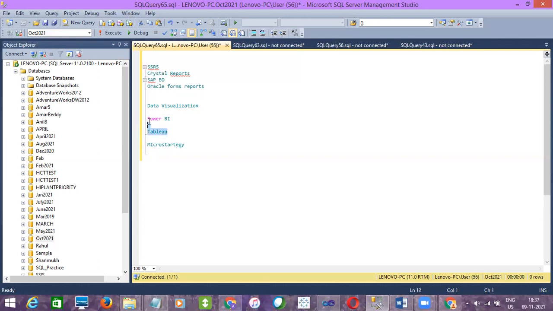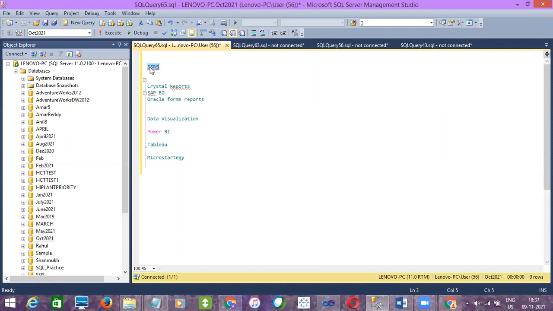So for that purpose we'll use Power BI or Tableau, but for traditional reports SSRS is the best tool, we can say. Tableau or Power BI is good for the visualization part, like building bar graphs and charts. And for traditional tabular kinds of reports, it's better to use SSRS.